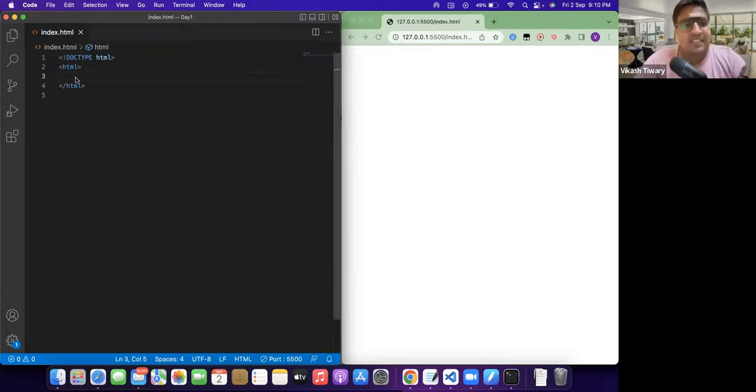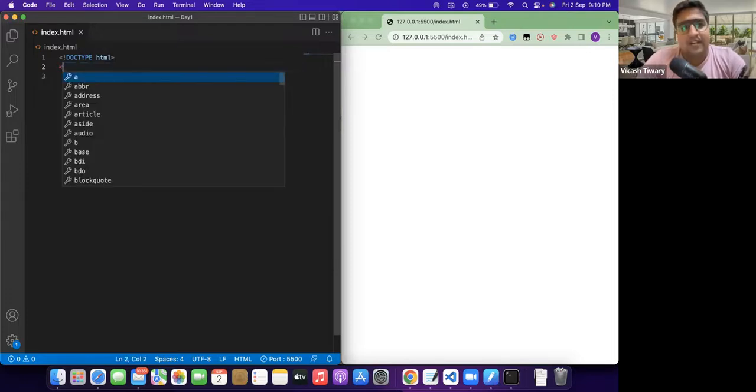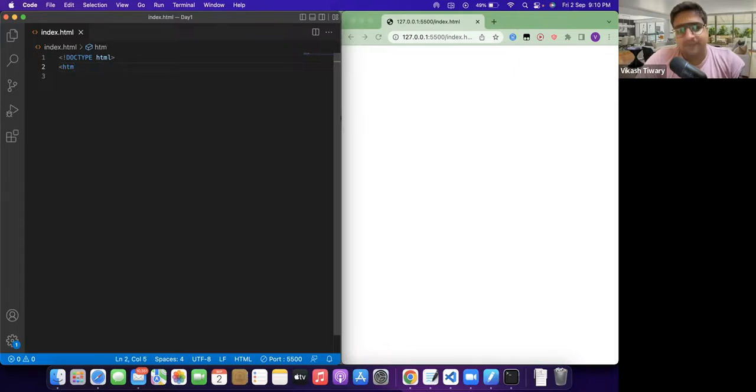So see, this is one more thing, very good. I can see someone has written in the chat section. See, what it shows is that it is an opening tag, and it has a closing tag. So the opening tag is basically very similar to, like, you just go and open and write HTML. Okay? Now you can see VS Code is a little smart. VS Code is itself doing it. Now if I just press